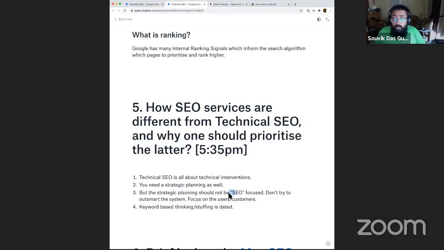That's what you're using. You are not focusing on SEO. You're focusing on making sure you're able to communicate. So I'd rather say focus on communication rather than SEO. And there is no need to outsmart the system. There is no need to feed certain things to the search engines which would in turn make sure that your website comes up. Instead, focus on the users or the customers, because that is what actually rewards, and that is what actually matters even for the search engines at the end of the day.